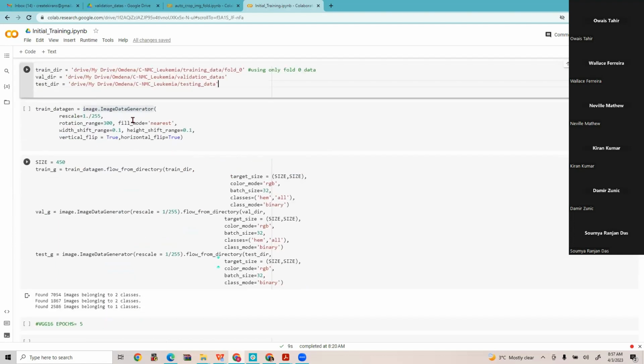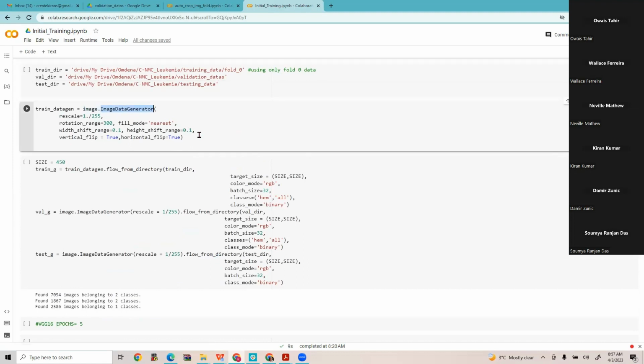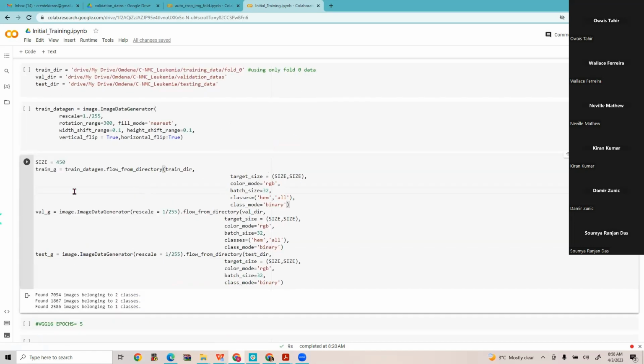Of course, we'll create a data structure here. ImageDataGenerator creates the data structure for the images, with rotation. And if you want to fill the image based on the given input size, it uses the nearest possible image pixels; there's an algorithm, I forgot its name. Basically we are creating a data structure: how the image will look, and what kind of input image goes into it. Again here, we'll be talking about the train data, validation data, and test data generator. For both train data and validation data, I'm creating two classes, M and ALL. For test data,